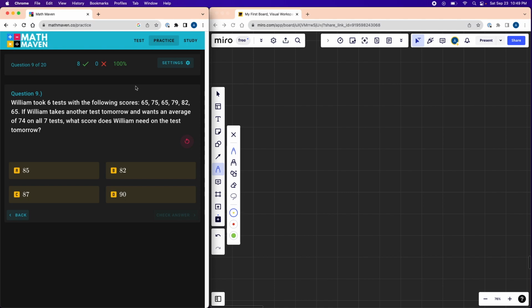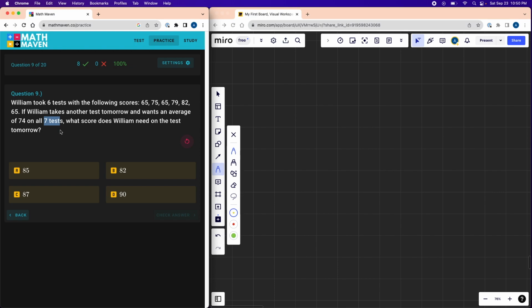Alright, so this one's kind of a mouthful. This one can be kind of a lot here. Let's try and think about what they're actually asking for. What is the question actually asking for first of all? The question is asking, what score does William need on the test tomorrow in order to get an average of 74 on all